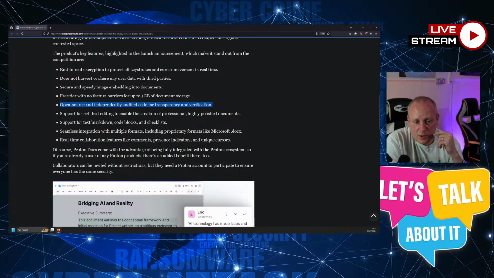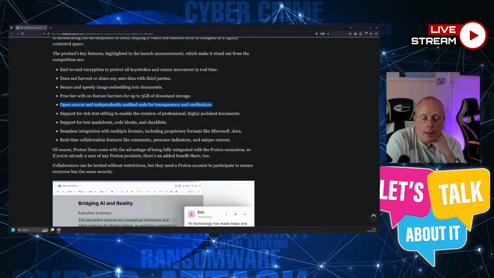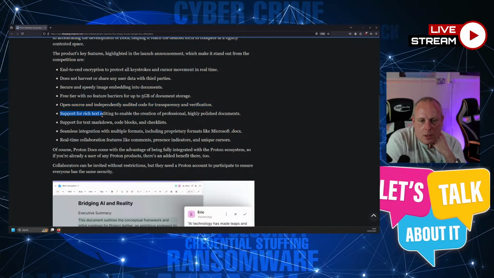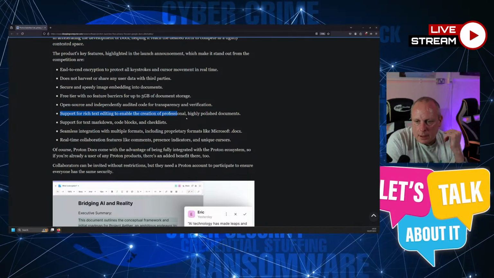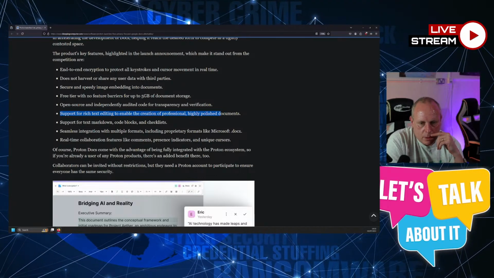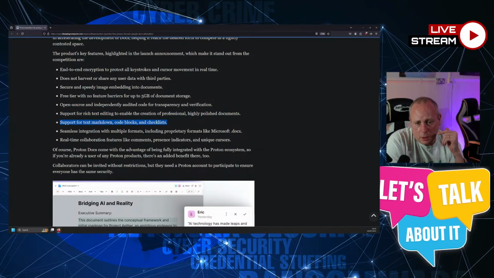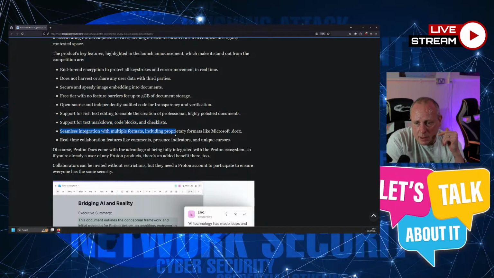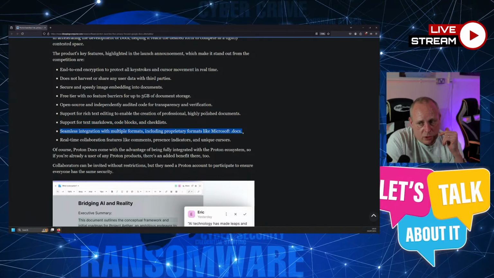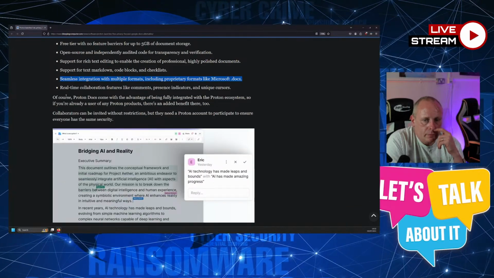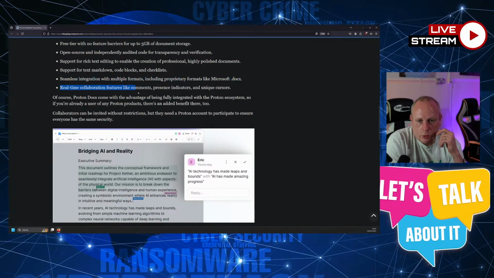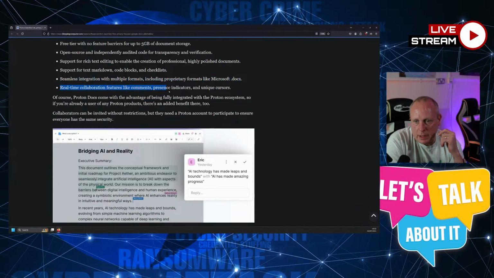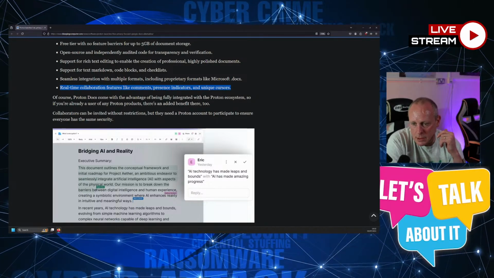So this is quite an interesting product release for them. It fully supports rich text editing, so we've got support for Markdown as well, code blocks and checklists. There's seamless integration with multiple formats, including proprietary formats like Microsoft DocX. And you can do real-time collaboration features like comments, presence indicators, and unique cursors.